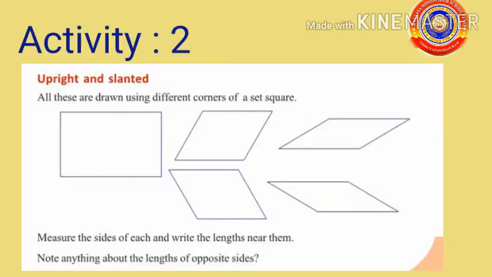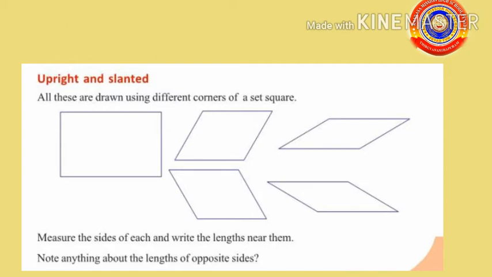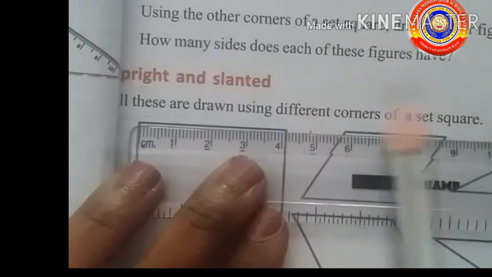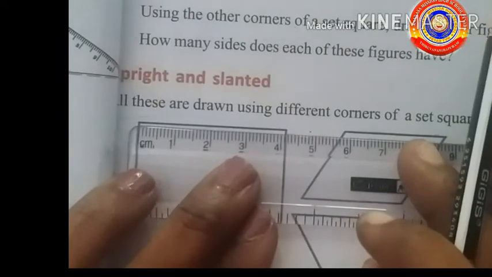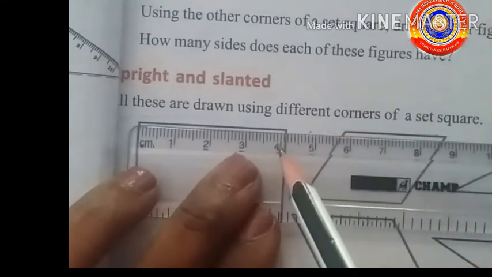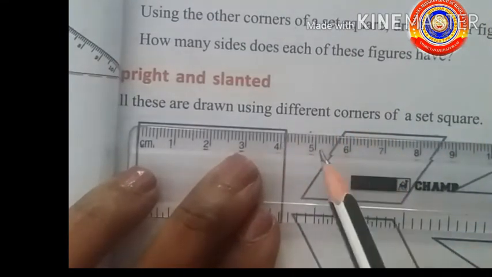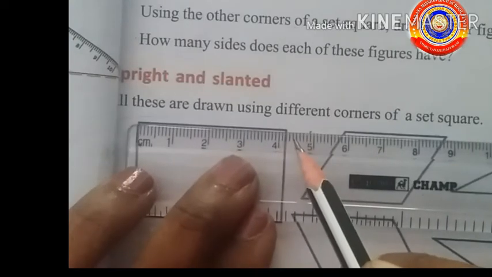Next, activity number 2. These are some upright and slanted figures. These are drawn using different corners of set square. Measure the sides of each and write the length near them. Note anything about the length of opposite sides. We shall measure the first figure. Place the ruler above the figure. Then measure the top length